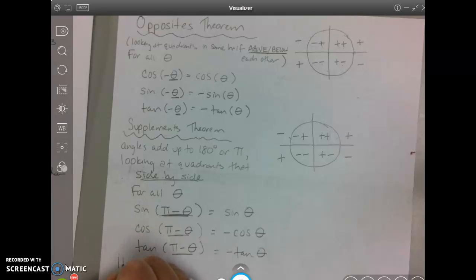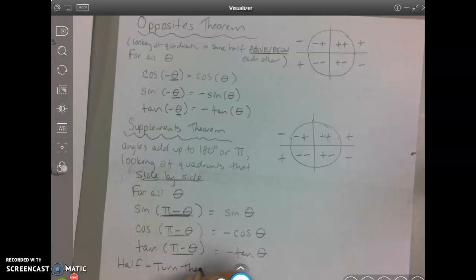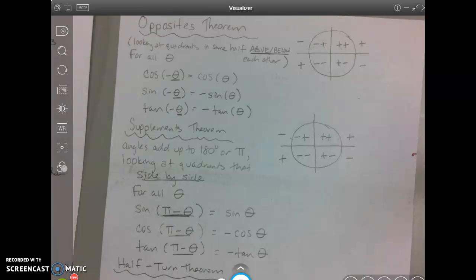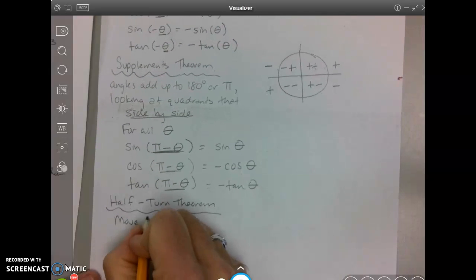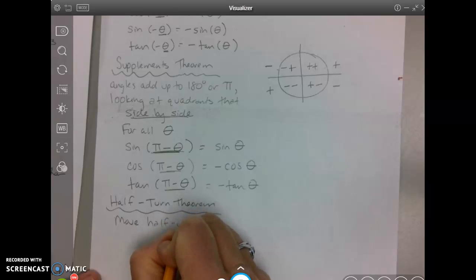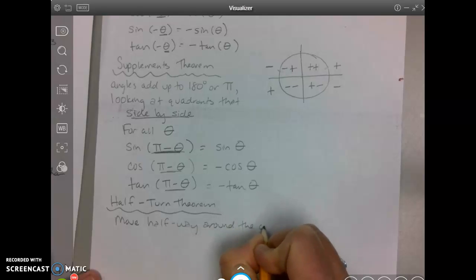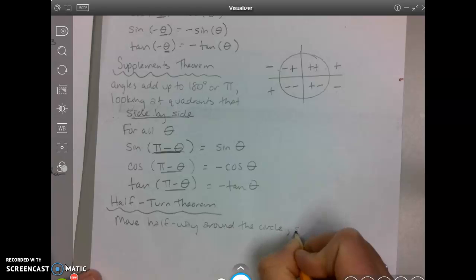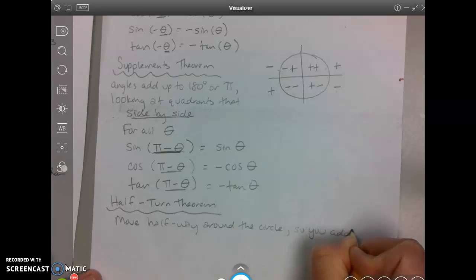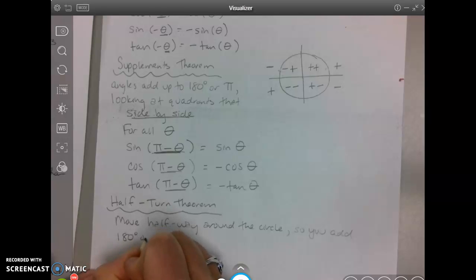Then we have what's called our half-turn theorem. And that's when we're going to move halfway around the circle, so you add 180 degrees or pi. The quadrant